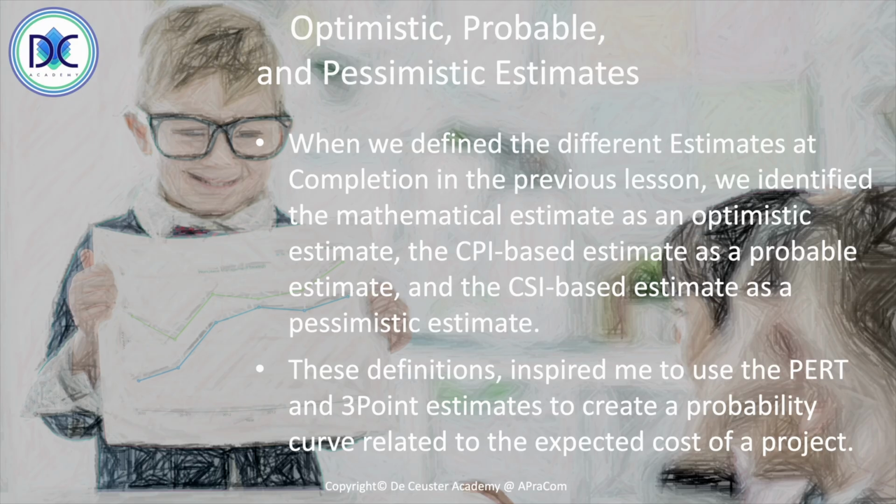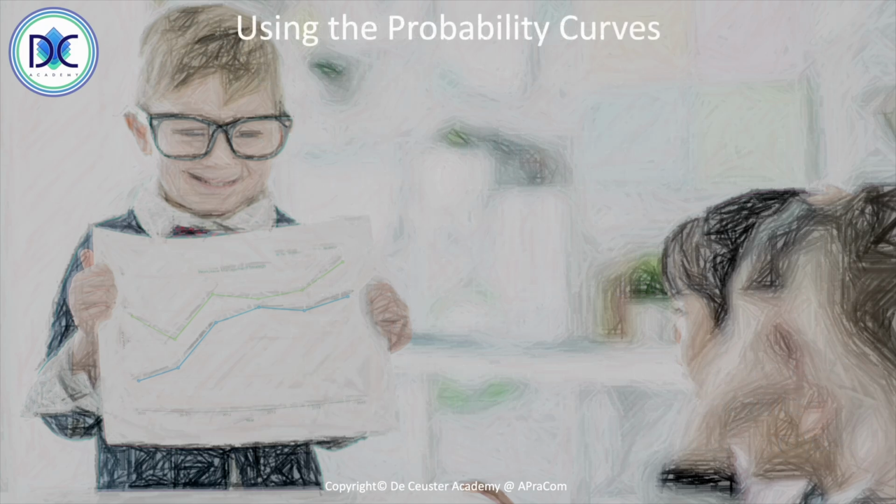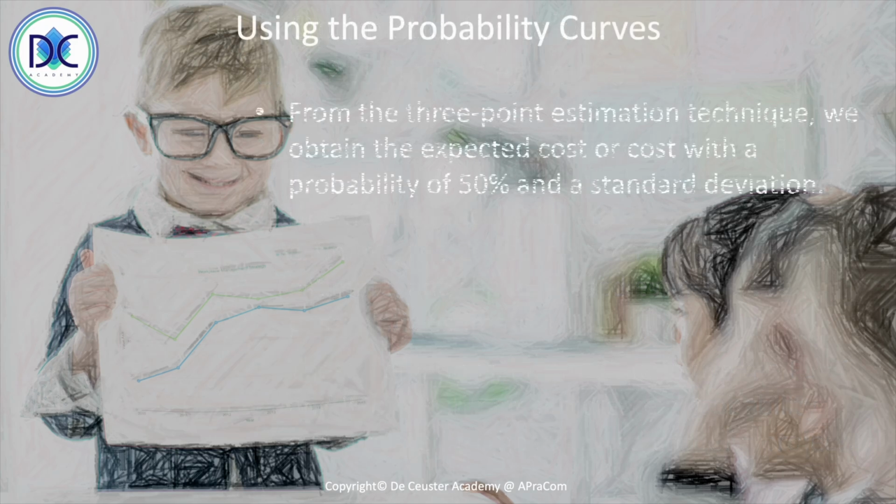Because we can assume that we have either a beta distribution or a triangular distribution related to the cost spending over the duration of the project. And of course, we can use the probability curves here. We can look at those probability curves, and when we calculate the expected outcomes using the 3-point estimation technique, we